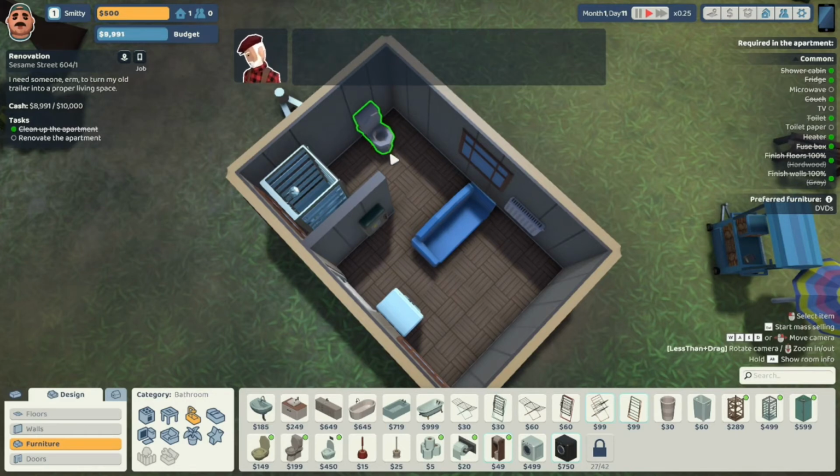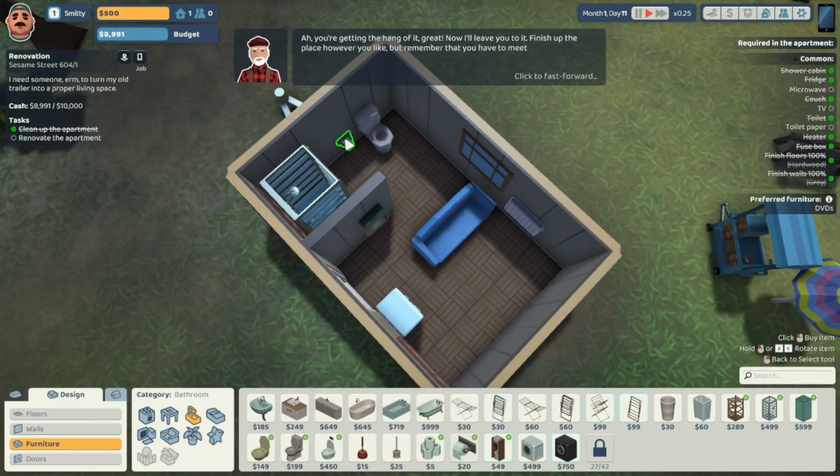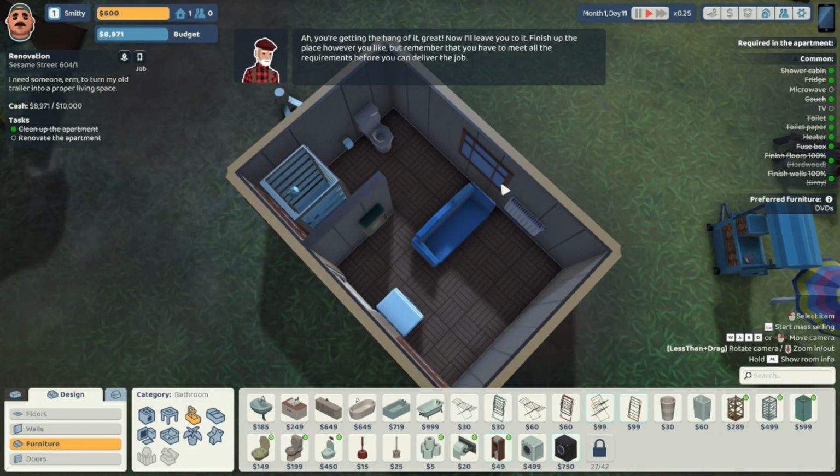That right there, and I'm going to put the toilet roll right there. Alright. Okay, are you getting the hang of this? Great. I'll leave you now. Finish up the place however you like, but remember, you'll have to meet all of the requirements before you can